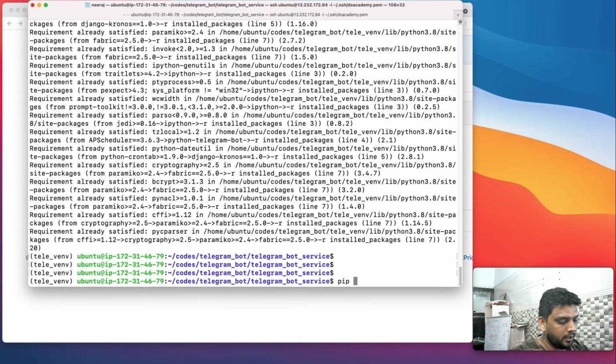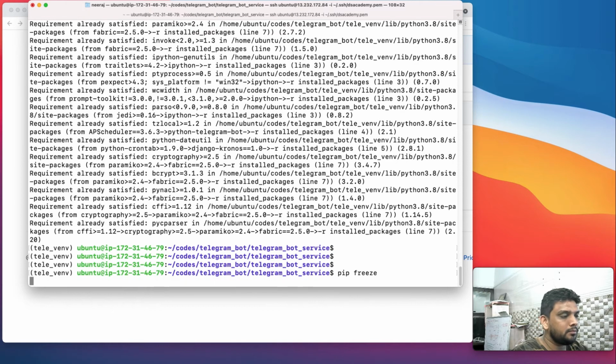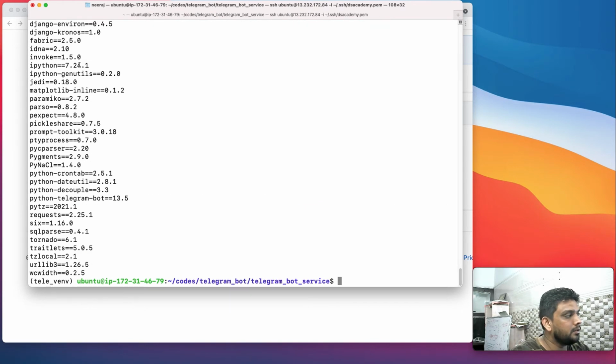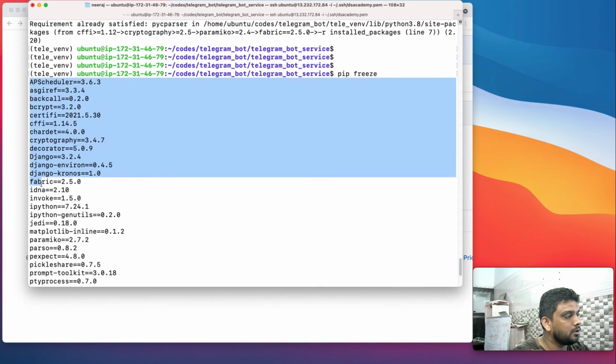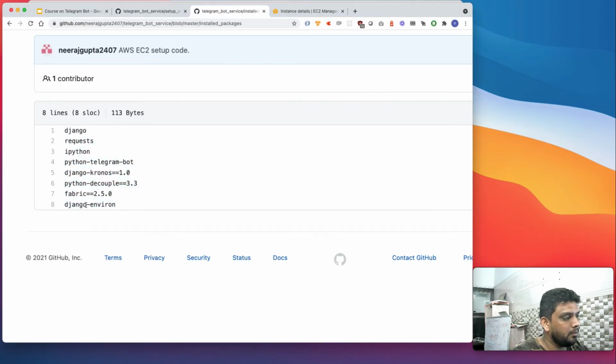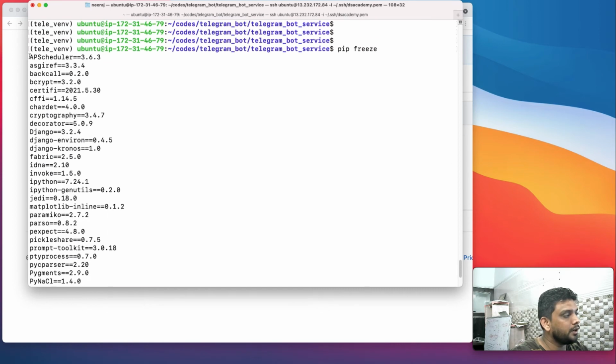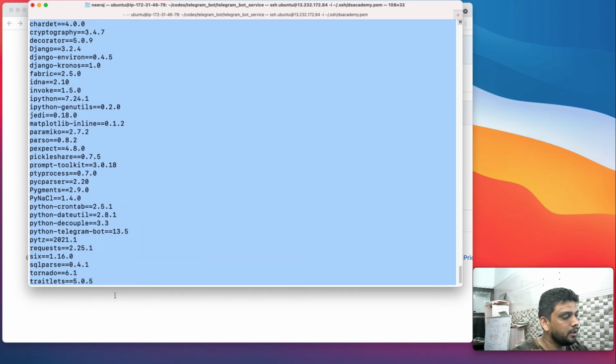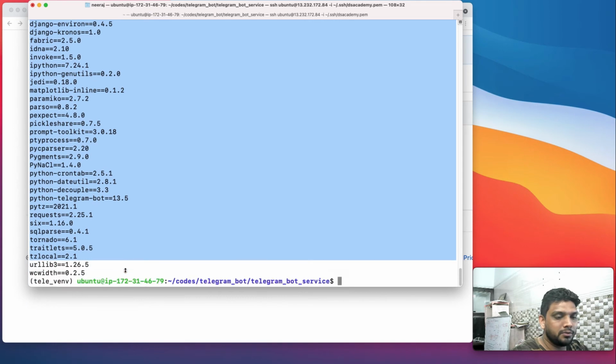And if I say pip freeze again, there are these many packages installed. There are a lot of packages. We have just passed only 8, but it has created almost 20 plus packages over here, because some of the packages which we are referring to again refer to another dependency, and then that dependency refers to another dependency, like that. So it's a good habit to note down the packages you have used.